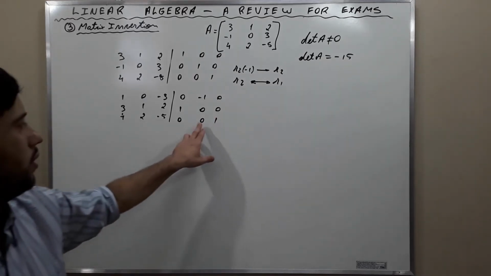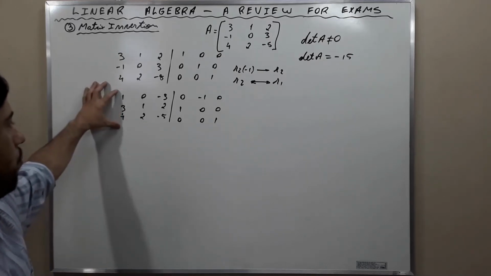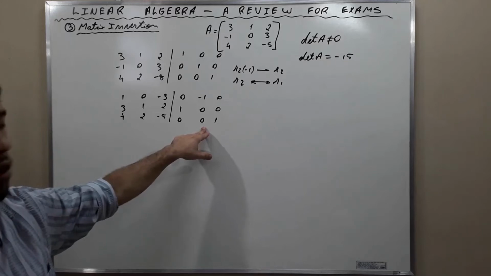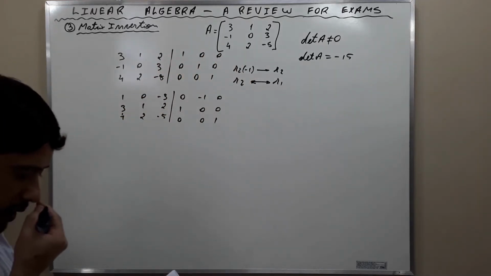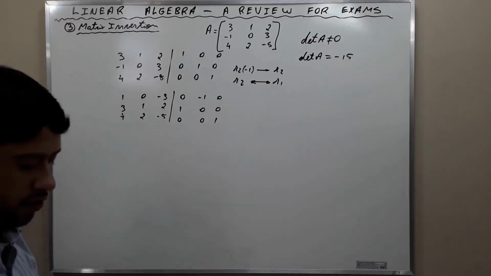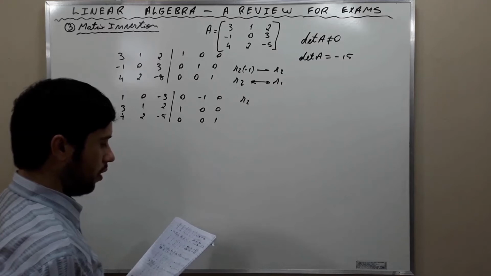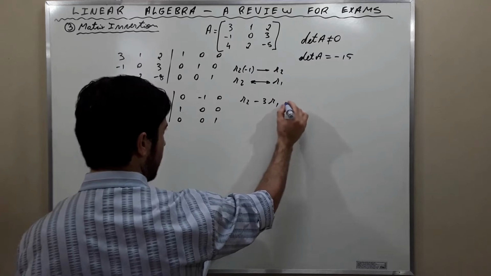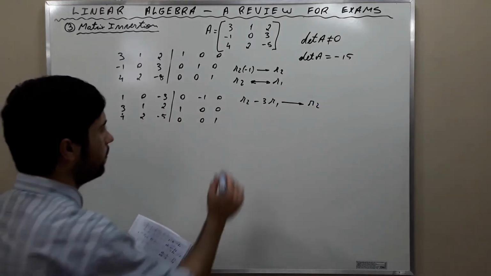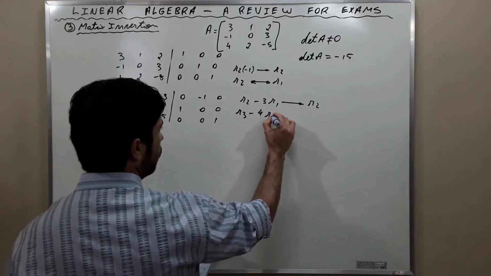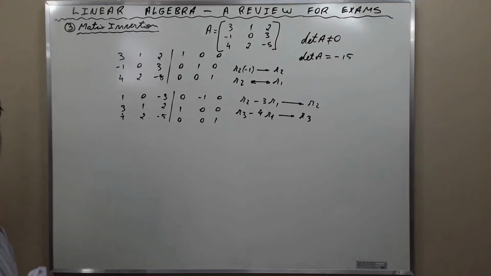And in this way, the new matrix becomes, you see that we are altering the identity matrix. We had the identity matrix here, we are altering it. Okay? Our objective is to make the identity matrix appear here, and what's going to pop up at the other side is the inverse of the original matrix. And subsequently, we are going to perform the following operations on the rows of this matrix here. We are going to do row 2 minus 3 row 1 and substitute this in row 2. And row 3 minus 4 row 1 and substitute this in row 3. Okay? And in this way, our new matrix becomes